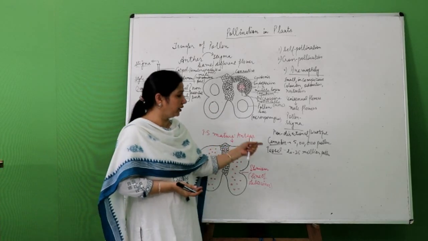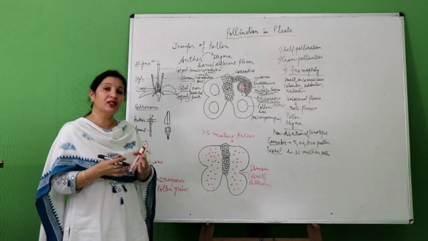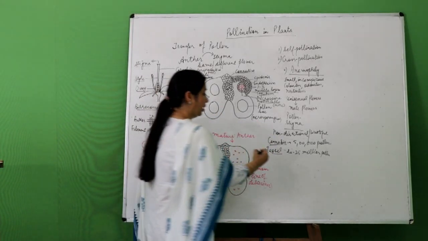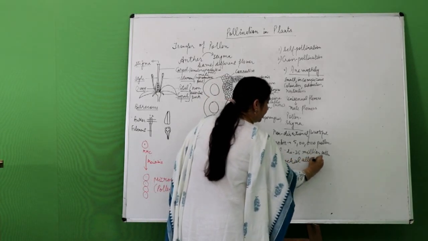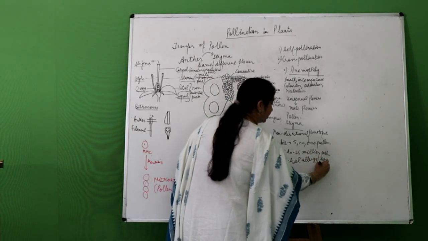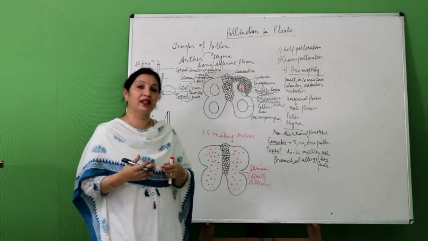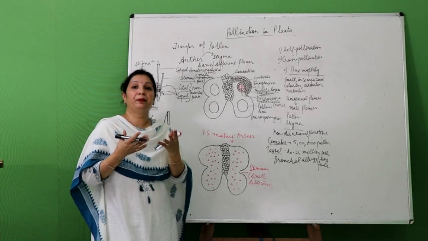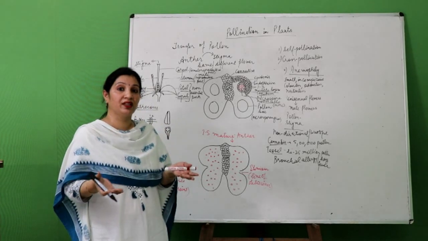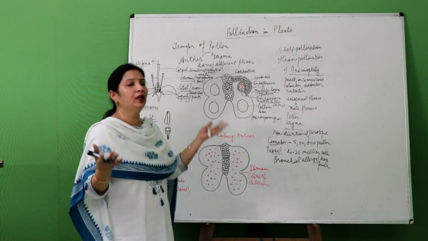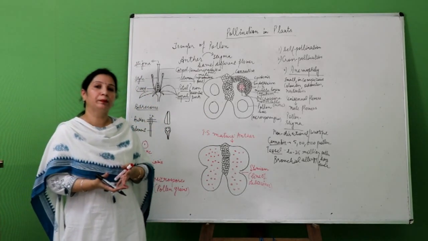Now these pollen which are suspended or dispersed in the air also act as a nuisance for some people. They can cause bronchial allergy, or they can cause hay fever in many people. And most commonly the pollen coming from plants like Amaranthus spinosus, which we call prickly chulai, or Chenopodium album, the common bathua, then Ricinus communis, that is castor, Cynodon, and so many plants produce pollen which act as an allergic factor for people.